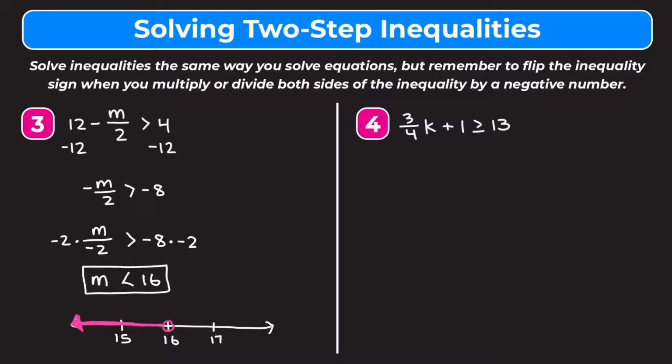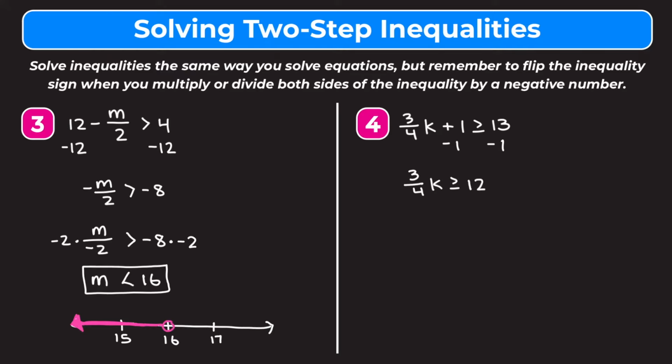So moving on to example 4, we have 3/4 k plus 1 is greater than or equal to 13. So reverse order of operations tells us to get rid of this plus 1 first. So we're going to subtract 1 from both sides of our inequality. On the left side, we're left with 3/4 k. And we have greater than or equal to, and on the right side, 13 minus 1 is